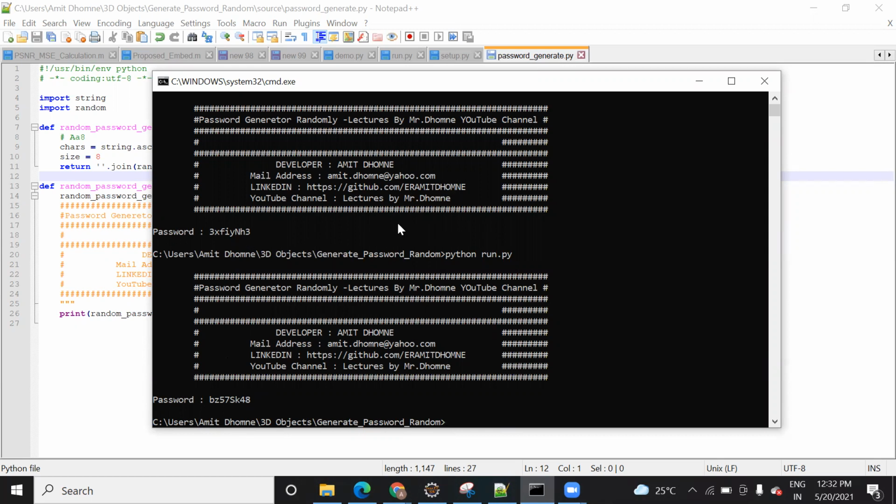In this way I have shown you how you can write a Python code, design it in a very effective way, and generate the password. You can use this code to generate a password and apply it in your account, online shopping, and any portal, any website. This is an effective way of generating, and this other part is just to make it look attractive. I have added this for site designing purposes.